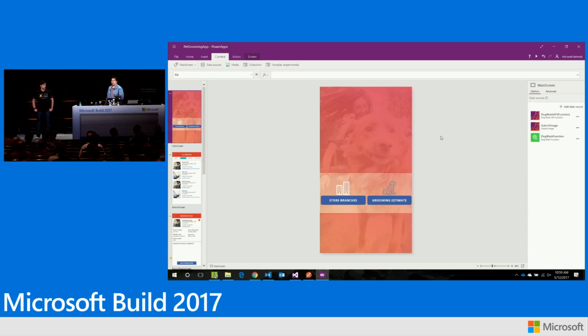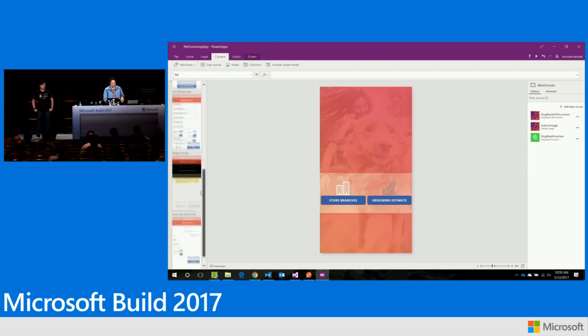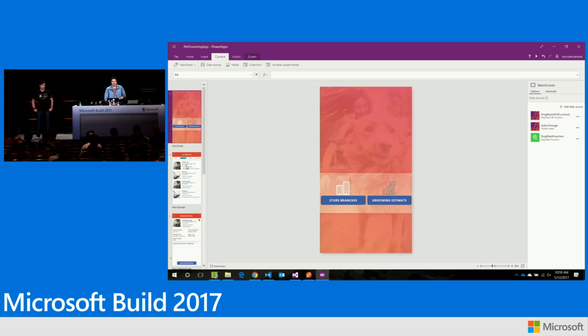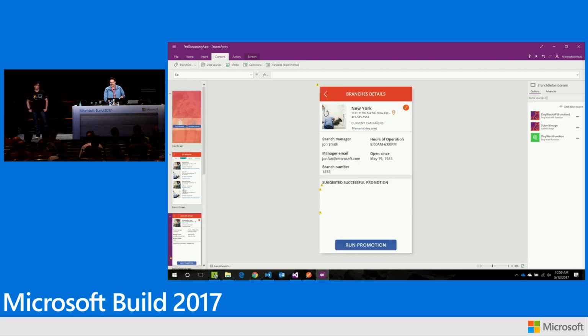Now, this is Power App Studio. You can install it and run it across Windows, Android, and iOS. But I said it's part of Office. It looks actually very much like an Office application, right? Where in PowerPoint, I would have the different slides of my presentation on the left-hand side. Here, I actually see the different screens that our app has.